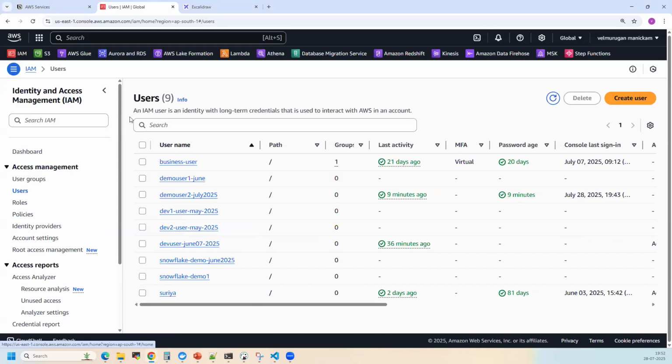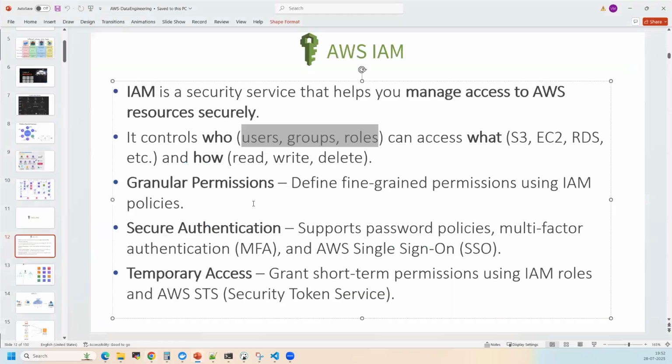So all this IAM we will be using very frequently, because it will be used when we are going to use any of the services. We need permissions. We need user permissions for doing it. So we are going to use it very frequently. Okay. So now, as I said,